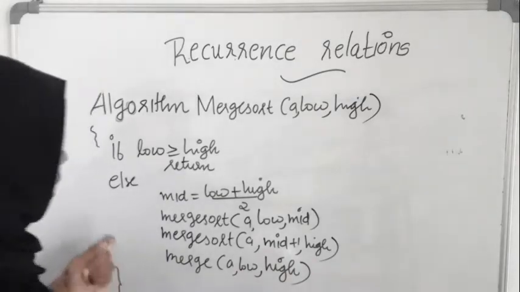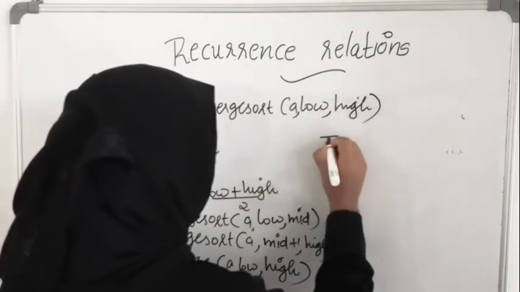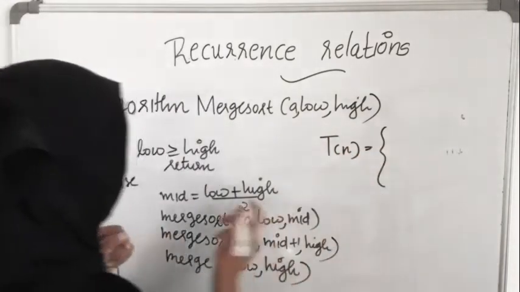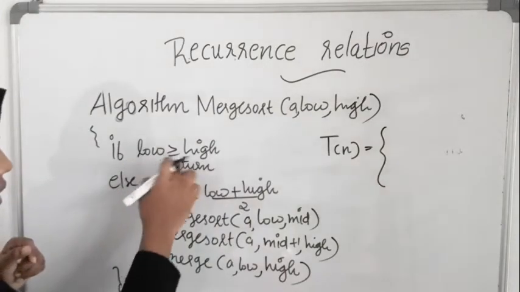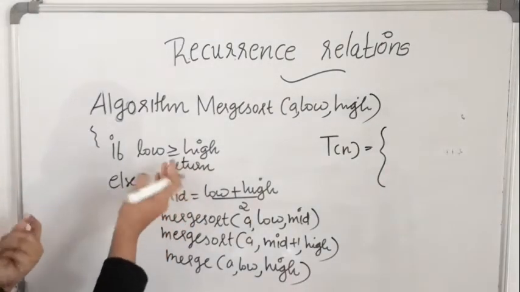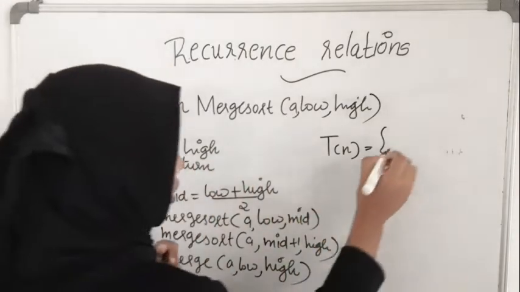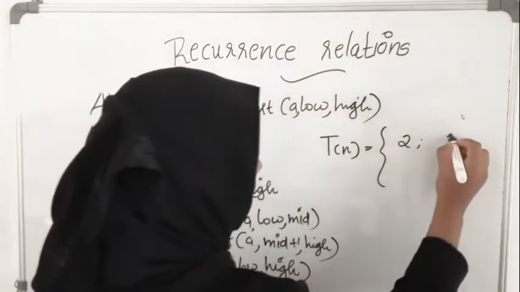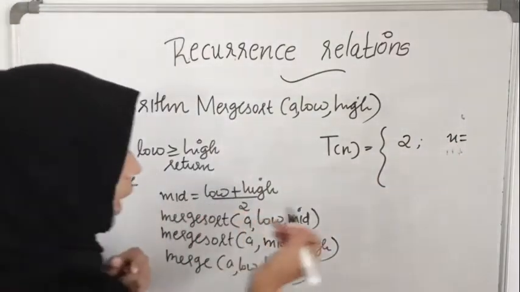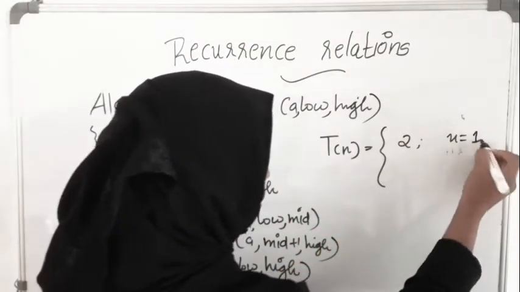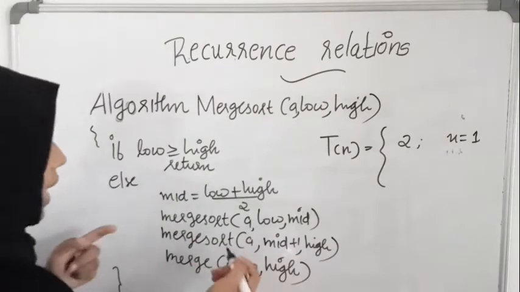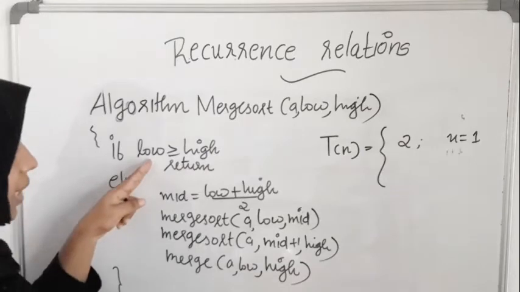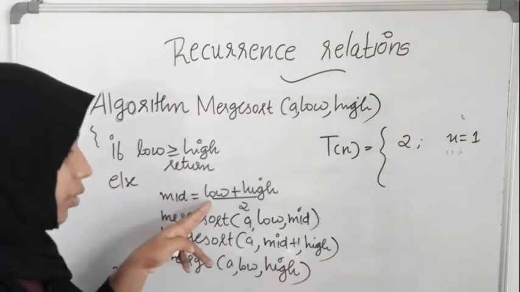Okay. So when we analyze the complexity, again I am writing T of n, considering an array with n elements. So T of n, see when low is greater than or equal to high, this is simply written. So you just have to perform 2 operations here. So 2, that is, you just have one element here, that low greater than or equal to high happens when there is exactly one element. So when n is equal to 1, it is 2, and when n is not equal to 1, you have to carry out this operation definitely. Then you have to carry out this operation.